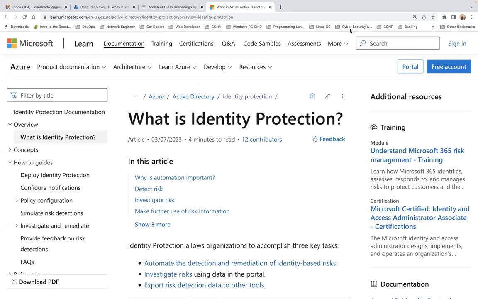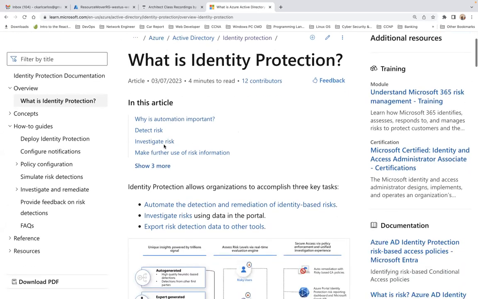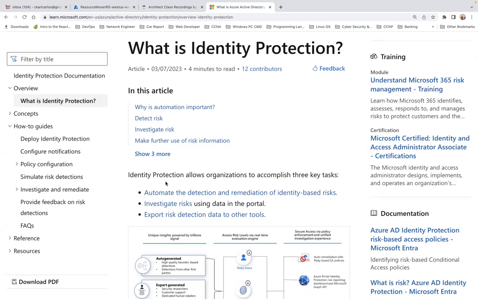Good morning, guys. So in this lecture, we're going to talk about what is identity protection. This article has been updated on the 7th of this month. Identity protection allows organizations to establish three key tasks: